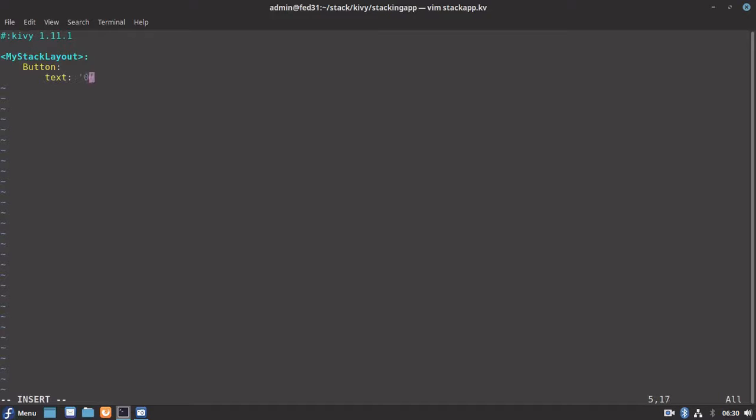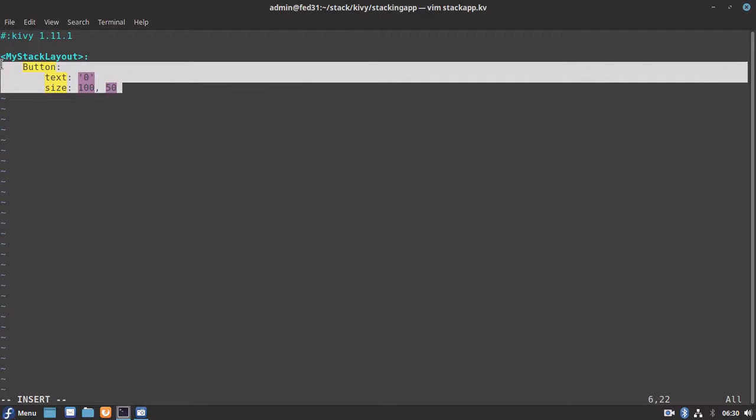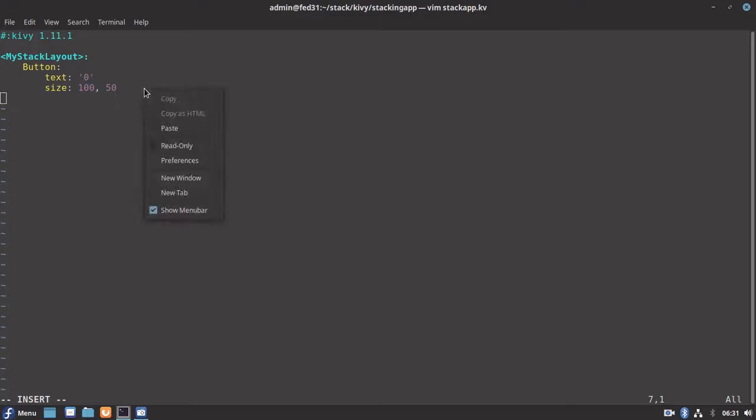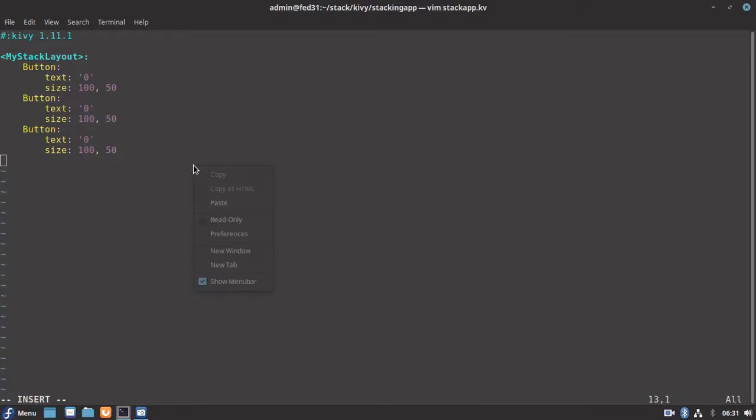I'll just name them 01, 01 for naming purposes. And let's give some size also here. I'll give my first button size as 100 width and 50 height. Let's create some buttons. I'll just copy this one and paste it to create some more buttons.